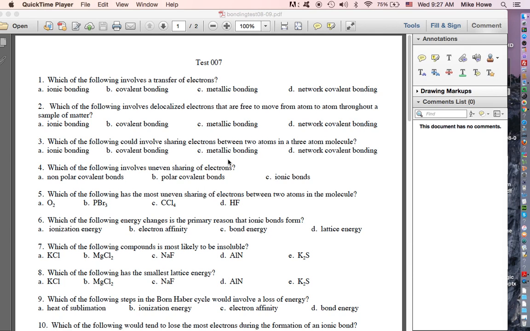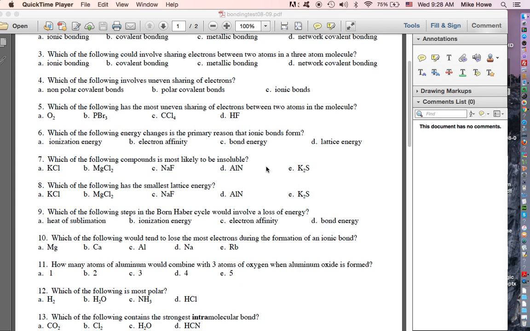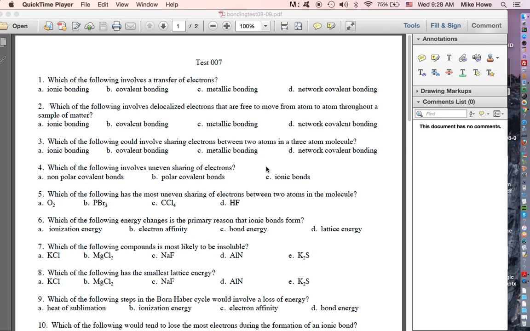So a quick overview of the practice quiz, or maybe not that quick. All right, first of all, we want to know about the transfer of electrons. So if you look at this question,